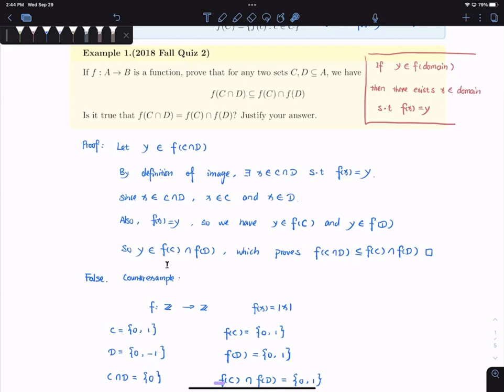No, that's not what I meant. For something like this, I would first try false. You know why? Because if it's true, most likely they will just put an equal sign here. For me, I'm guessing whoever made the quiz, I'm guessing their mind. So I'm going to first guess it's false. Unless I cannot find a counterexample, then I'm going to prove it. But most likely, yes. Okay, I see that. Okay, thank you.